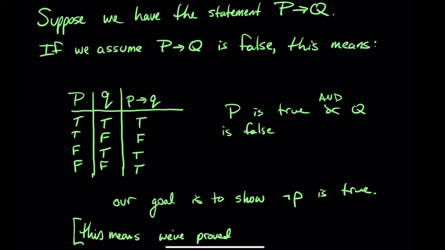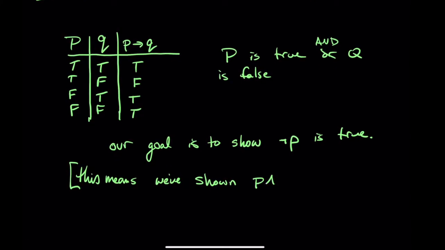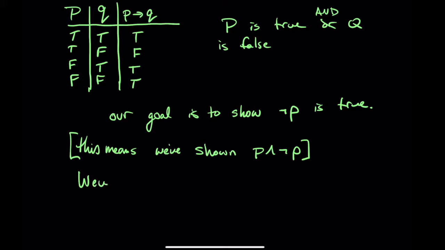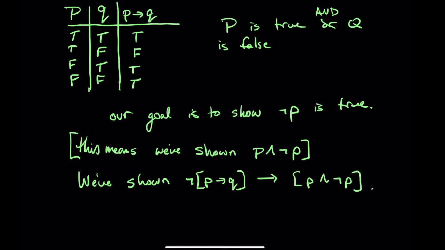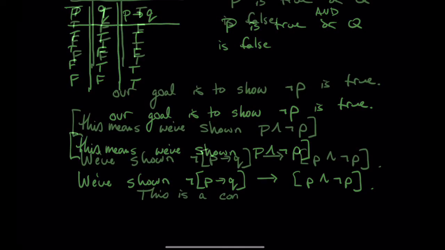So if that's the case, then that means that P and not P, meaning they're both true, and that's not possible. So we know there was something wrong with our original assumption, meaning P true, Q false. So we're kind of wrapped up in logic here, but